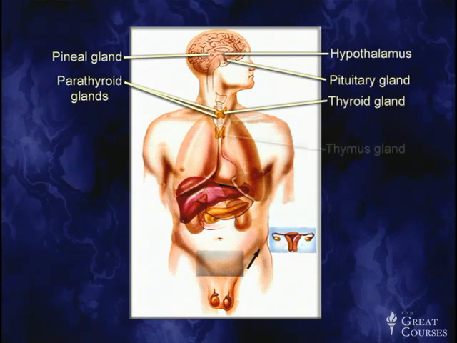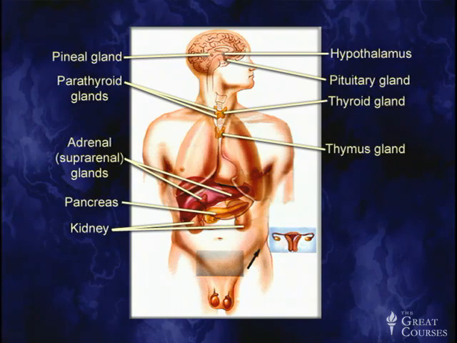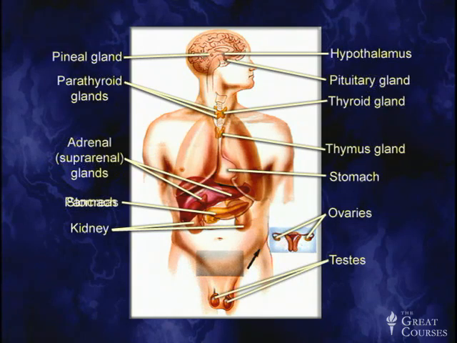In the chest is the thymus, which we'll get back to when we talk about immunology. And then down on top of the kidneys are the adrenal glands, also called suprarenal glands. There's our compound organ called the pancreas, and the stomach, ovaries, and testes also have secretions that we need to talk about and explore. The general properties of hormones, basically hormones